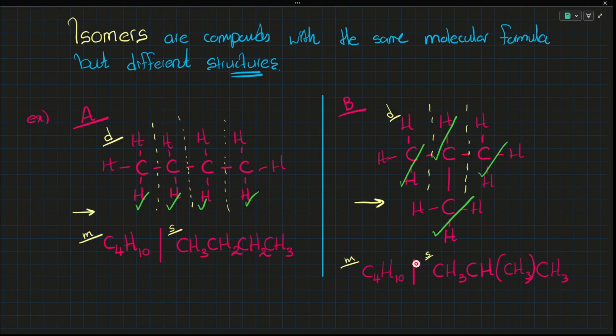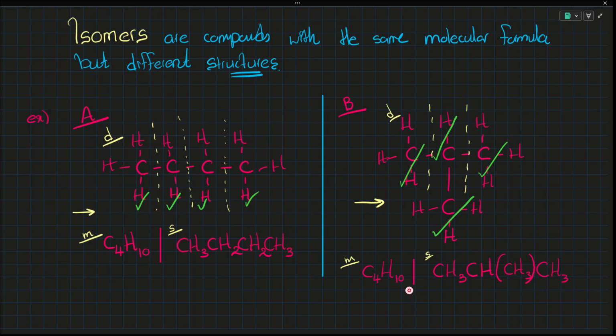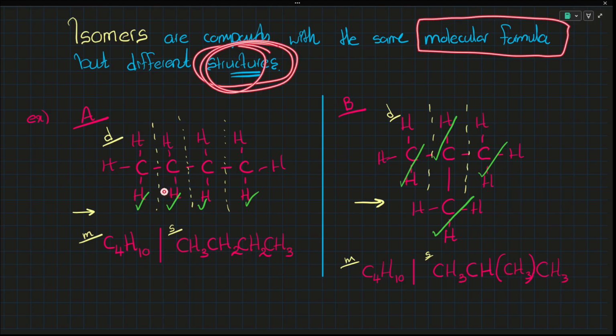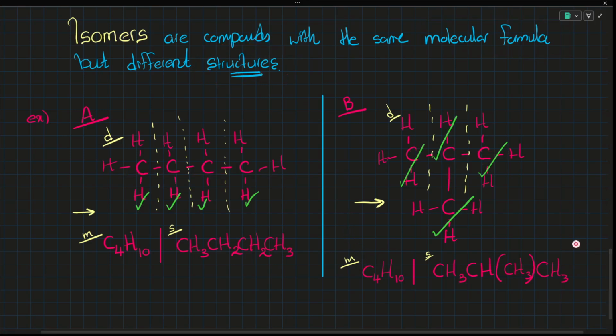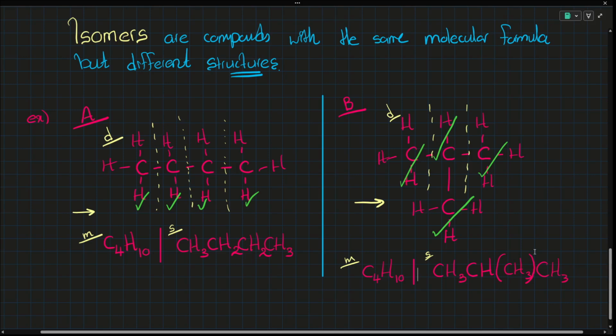Let's assess this situation. We have the same molecular formula, but their structures are different. You see, this is a linear molecule. This is a branched molecule. And because of their structures being different, obviously their structural formulae are going to be different. So once again, what has happened? These are compounds that have the same molecular formula, but they have different structures. Linear molecule, branched molecule. That is the basic idea behind isomers. That's what we call an isomer. More on all these formulas and isomers will be done.